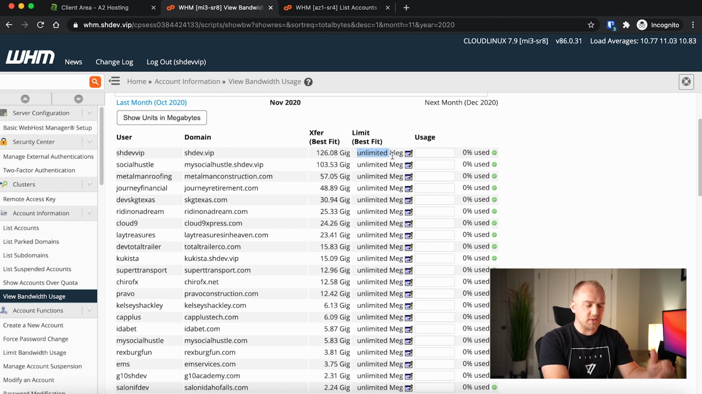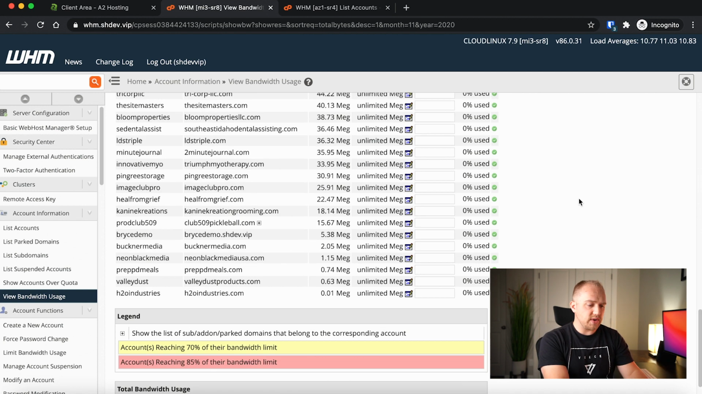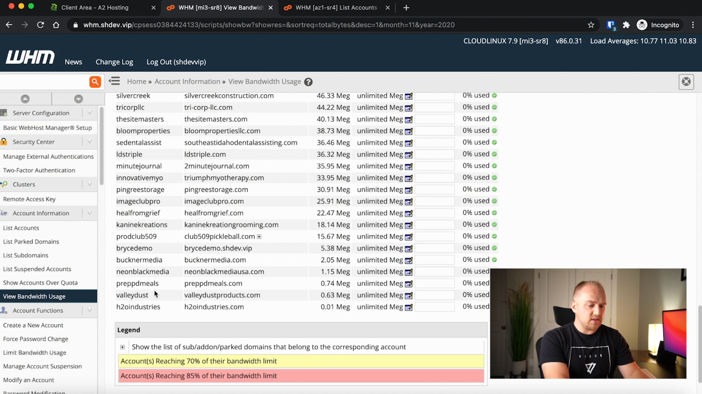I'll talk more about that when we set up packages. You can see that this website is using 103 gigs. This website is using 57. So I have some websites that use a ton. And then if I scroll all the way down here, I've got some websites that use virtually nothing. Like this one's using 1 meg of bandwidth per month, which is